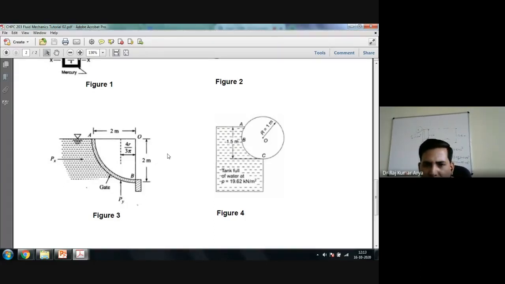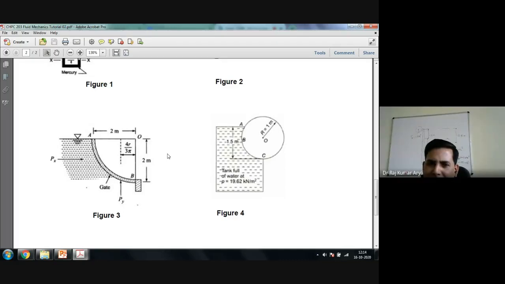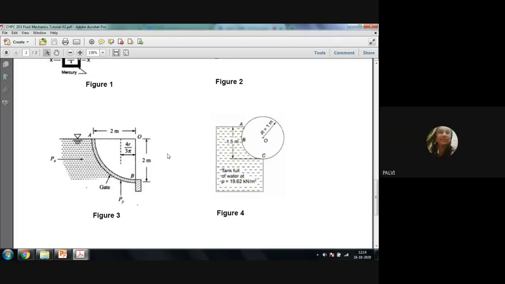So what to do first? You have to take X, Y, and Z also. Have you done question number 3, means the figure 3 one first? Have you people done this? If you have done this, this could also be solved.